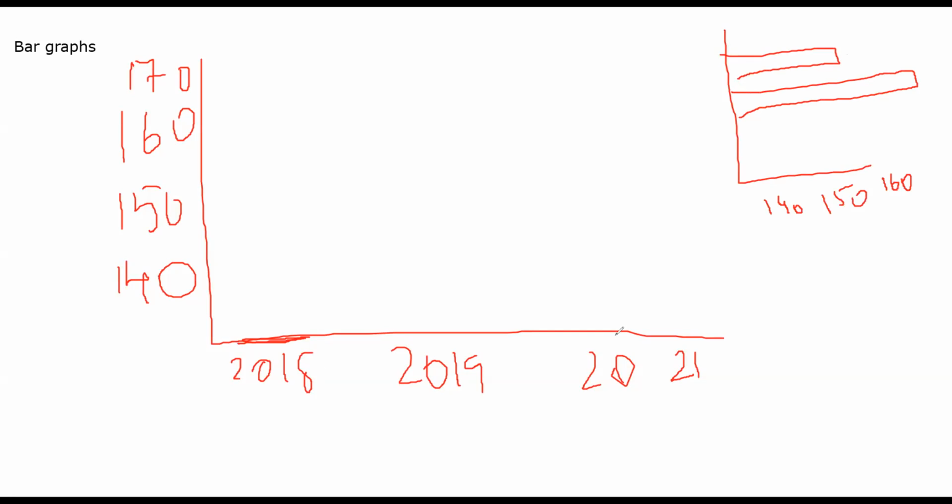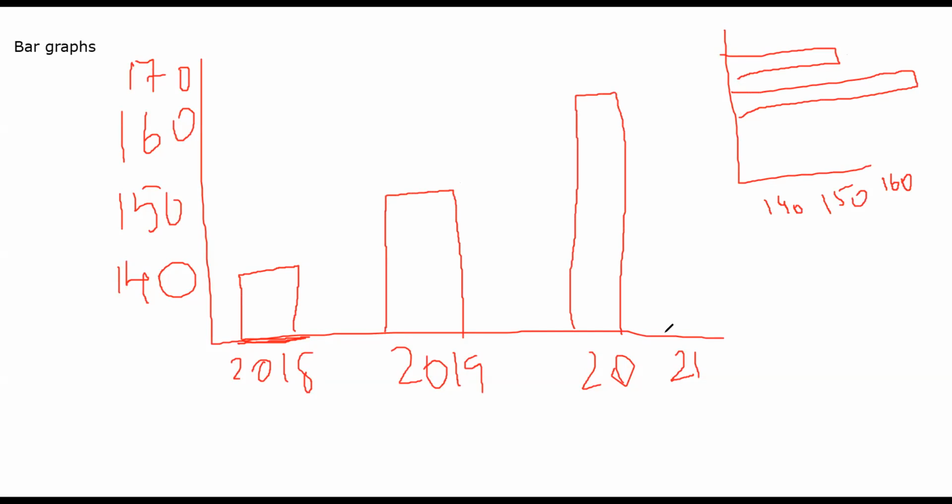Generally, you take the variable on the x-axis, this variable here, and you show different kinds of growth. So this is one bar, and let's suppose this represents another bar, and this is representing another bar, and this will basically show that your growth has been occurring. But again, the same thing can be represented.